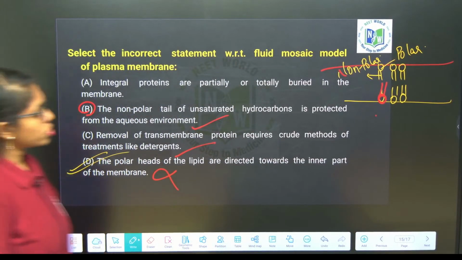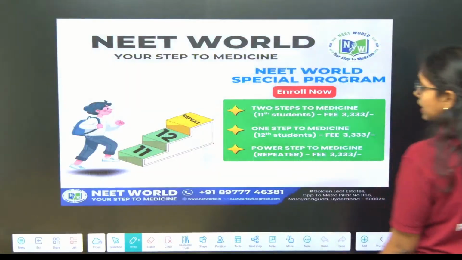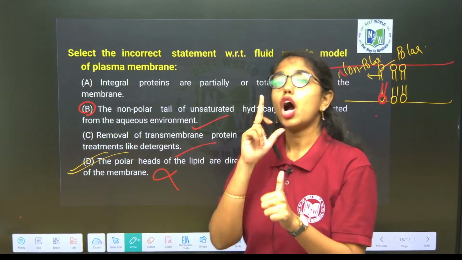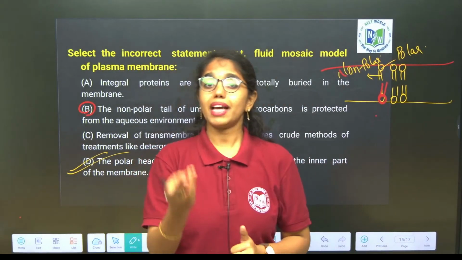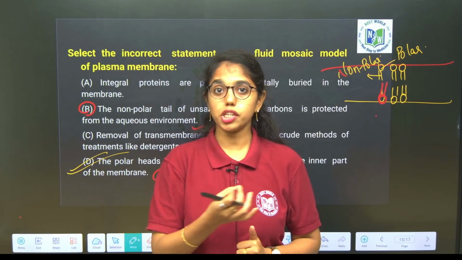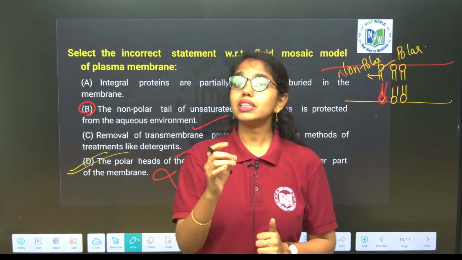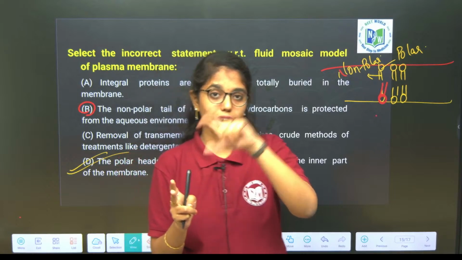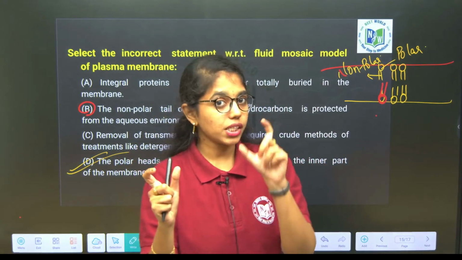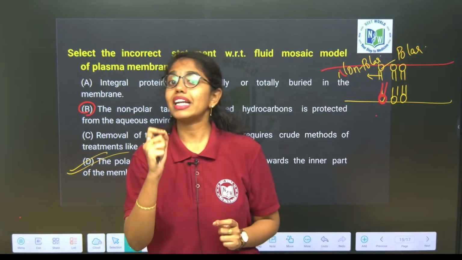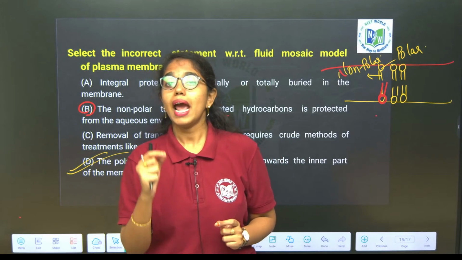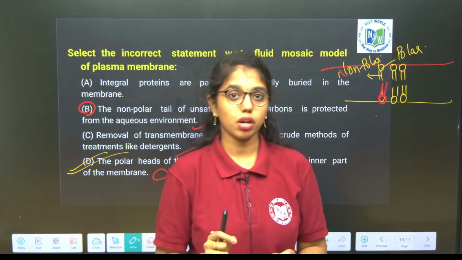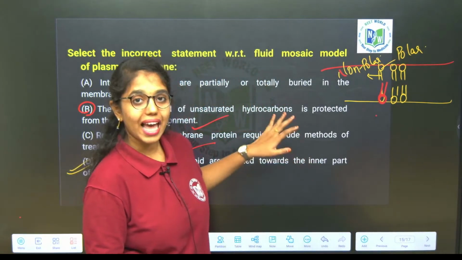Clear, right? So this is the last question of today's session. Tomorrow we will practice all the models of the questions: match the following type, statement based, assertion reasoning, and mostly connecting the dots type of questions, comparative analysis of prokaryotic and eukaryotic, between plant cell and animal cell, and most importantly we will be solving the questions on endomembrane system. So do not miss tomorrow's class at any cost. So with this I will end the session.